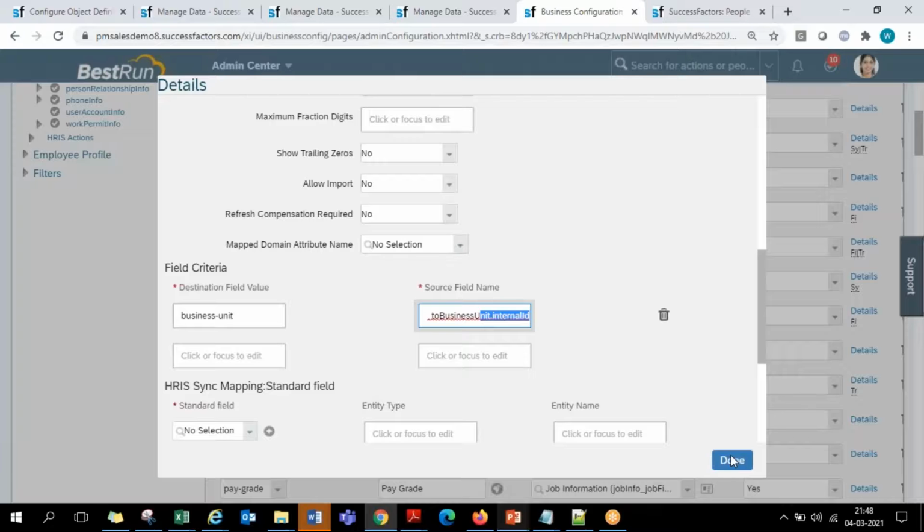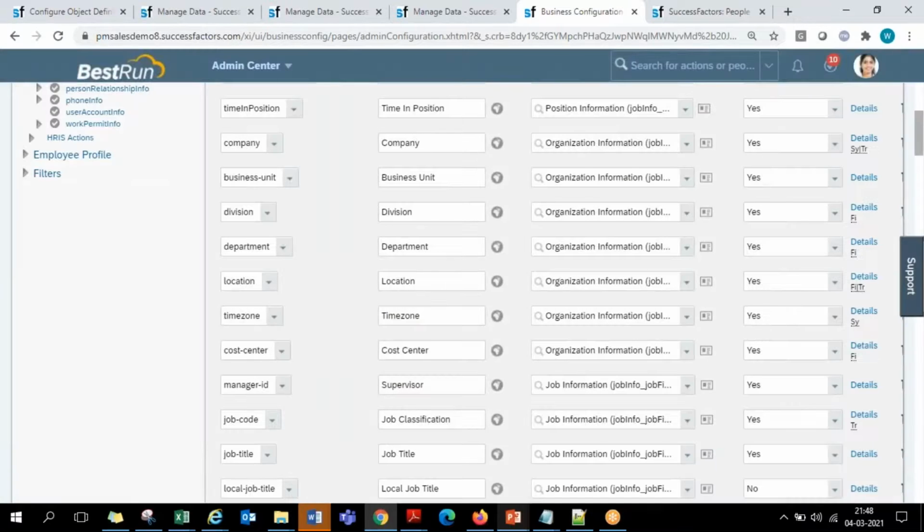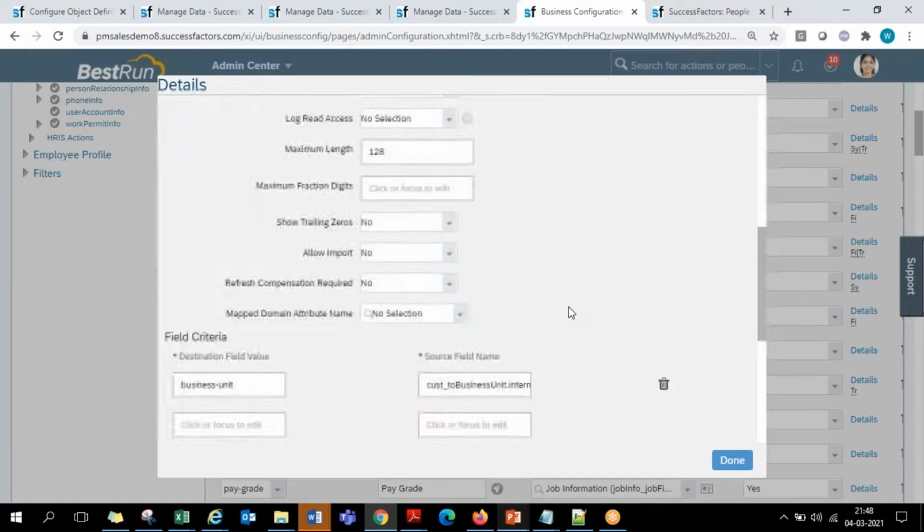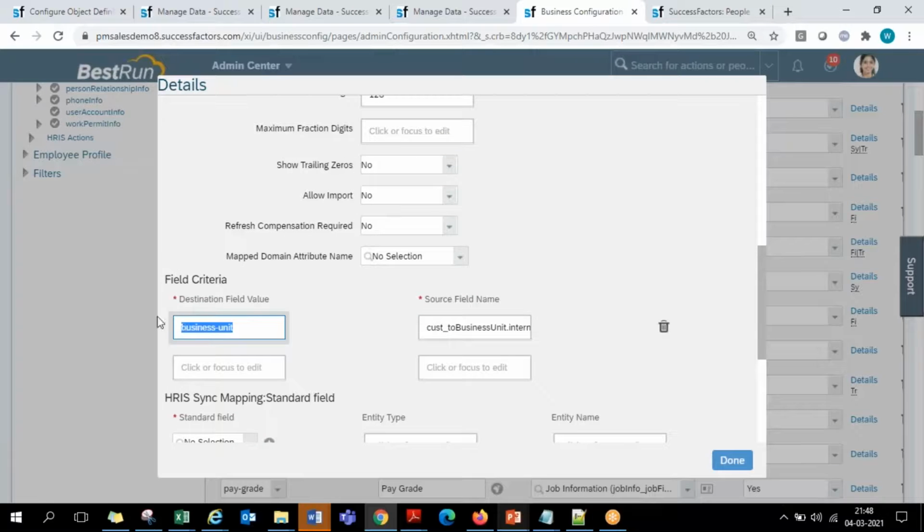Okay, so that is the simplest way. Whichever layers you are trying to connect, go to the child layer of it, copy the parent layer technical field as it is, go to the child level object, and in the field criteria, in these details under field criteria, give the parent field as it is, copy paste. On the right hand side, give the association name for connecting these two layers, whatever association name you have given at the MDF level, copy paste that. Dot internal ID is what we are required to give.